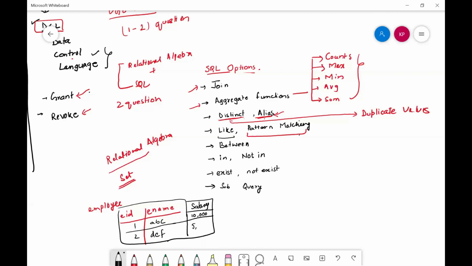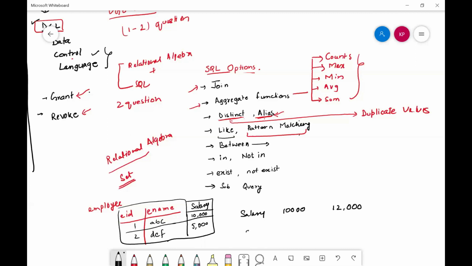If we want to select the employees whose salary is between 10,000 and 12,000, we can use between.